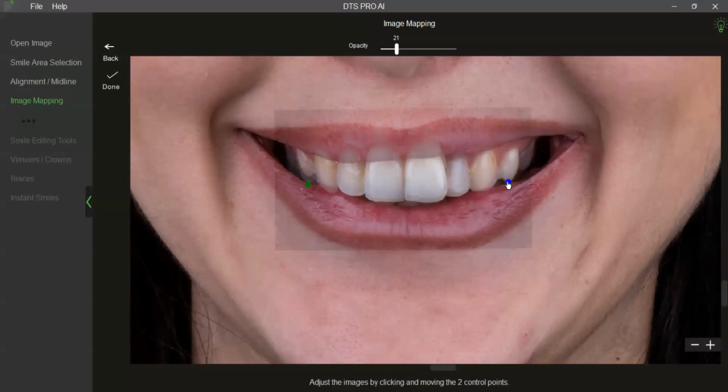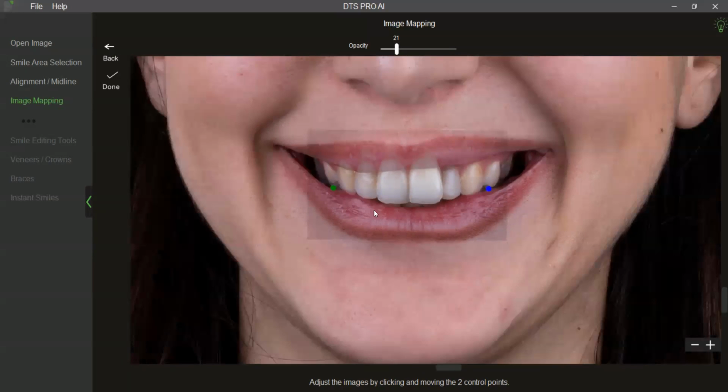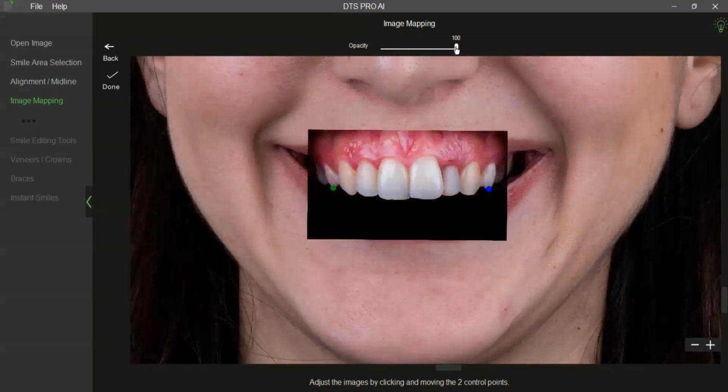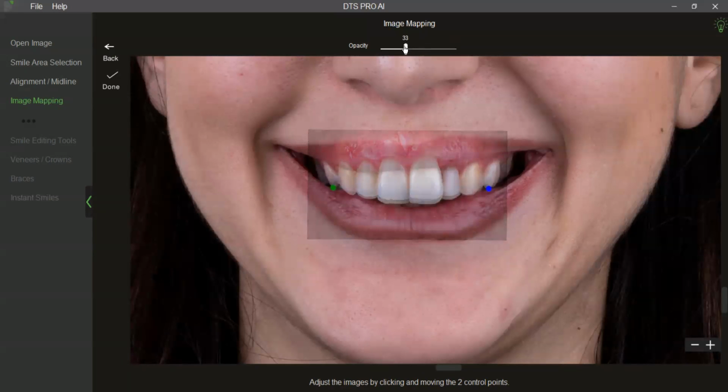So because of which the software also allows you to import STL files or 3D files of the patient and then exactly overlay it on the image. Again, there are tutorials which are there on the website. I would not want to go into a lot of details about overlaying extraoral image and an STL file. But I hope this step is clear where I have overlaid the extraoral and the retracted image.